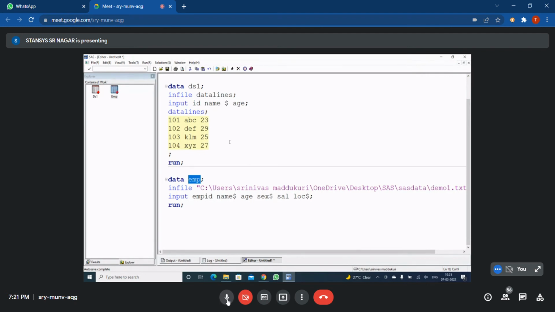How to create a new variable? So now I am writing a statement, new sal is equal to, what is my requirement by the way? 20% extra. 20% extra to the current salary. Now I'm writing new sal is equal to sal. Already we have a variable called sal, plus